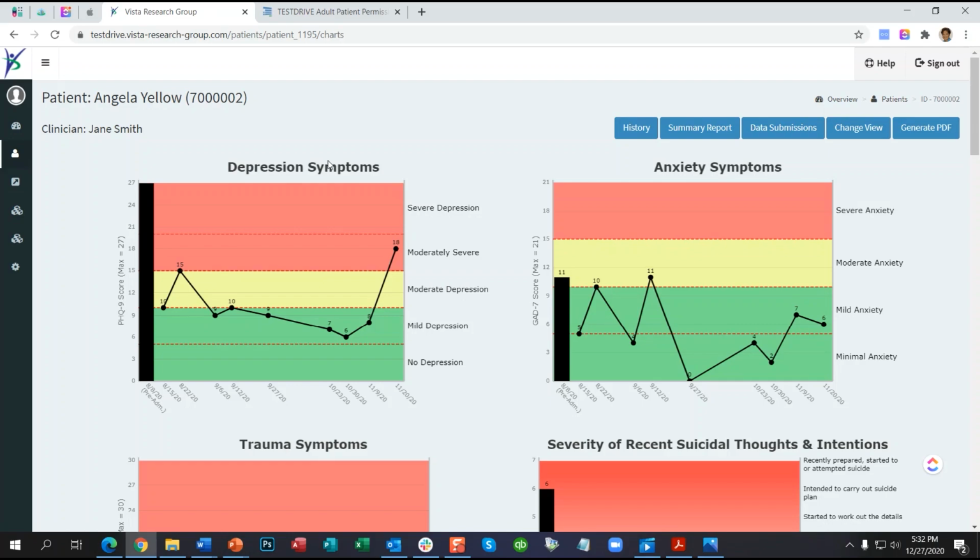The black bar on the left is how the patient reported feeling in the 30 days prior to treatment. So what you can see is that this patient reported being very severely depressed prior to entering treatment. She's been doing a lot better since she's been in treatment, but something just caused her level of depression symptoms to spike. We're also monitoring Angela for anxiety, trauma,